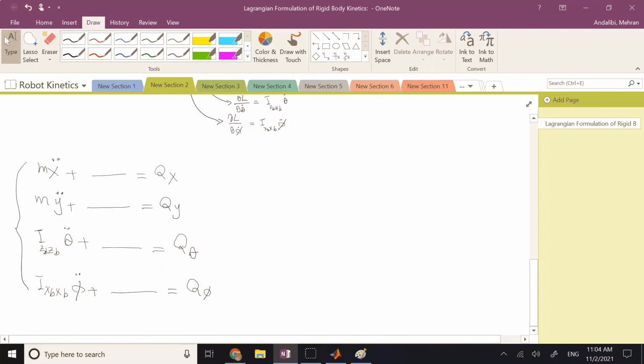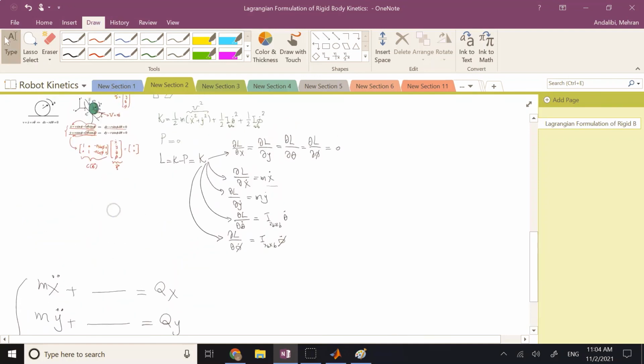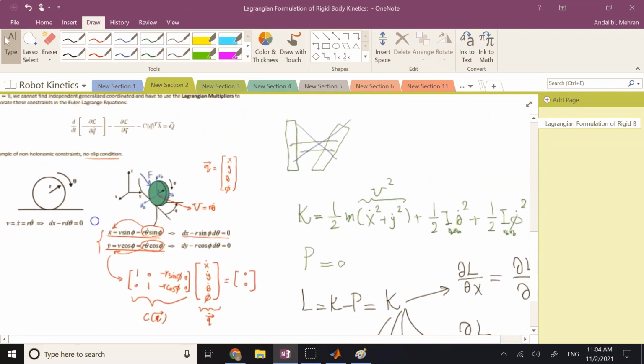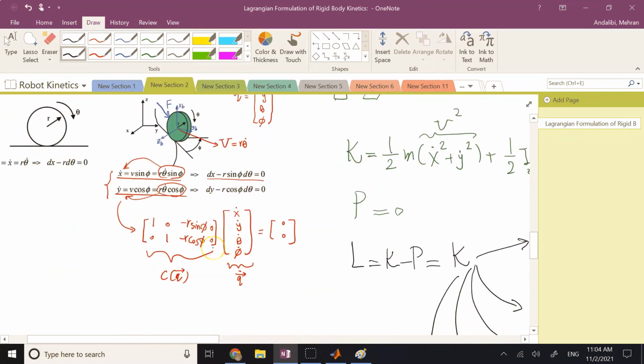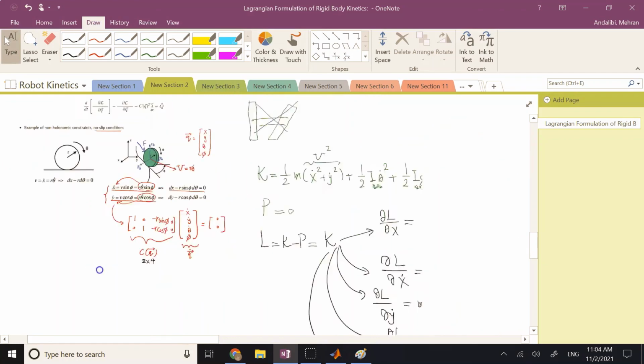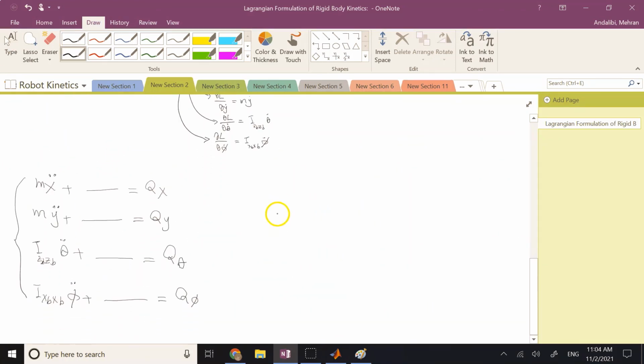Now, what are the terms due to constraints? Well, it is c transpose times lambda. Now here you have two constraints, so your lambda means lambda 1 and lambda 2, and your c has to be transposed. Your c, if you look at the dimension of it, it is 2 by 4. When we transpose it, it's going to be 4 by 2, and then we multiply it by a lambda, which is 2 by 1, so you get a 4 by 1. So the term c transpose lambda vector is going to be like this,